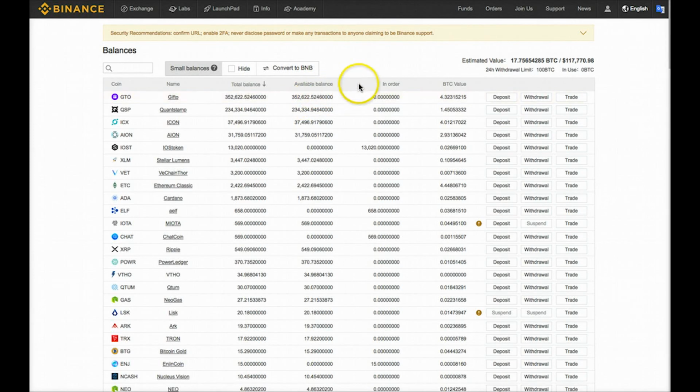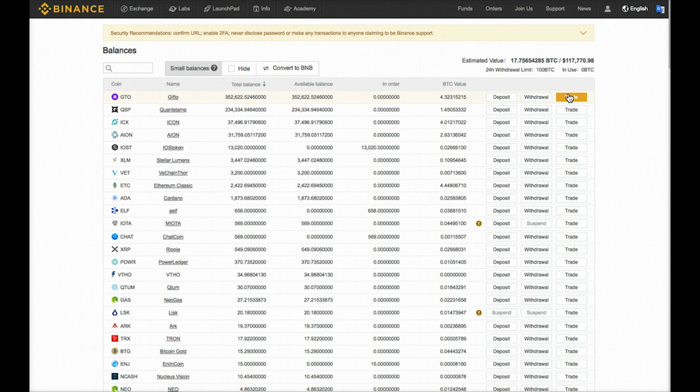And if you do have any in sell orders, it'll show that amount in the next column under order. And then last but not least, it displays the total Bitcoin value of your coin holdings. The buttons on the very right give you your ability to deposit or withdraw coins to and from the exchange.